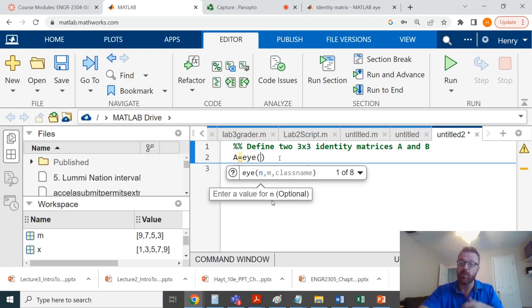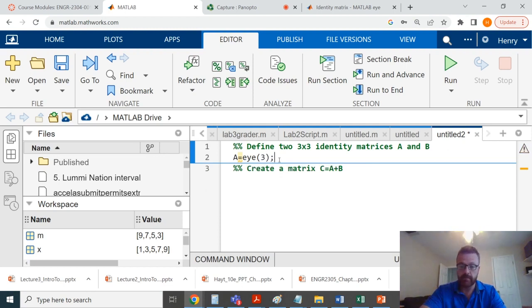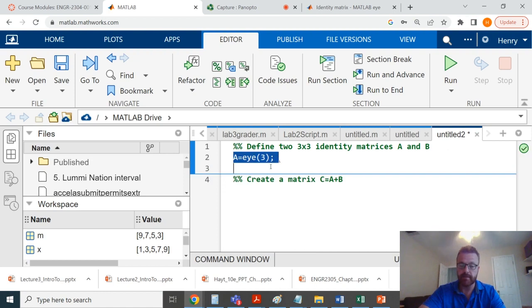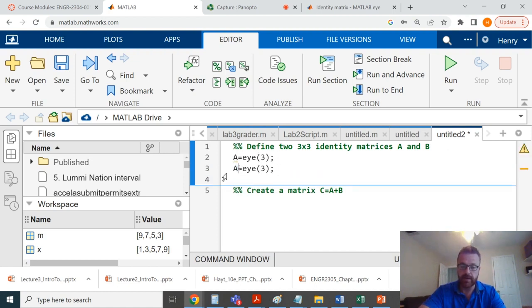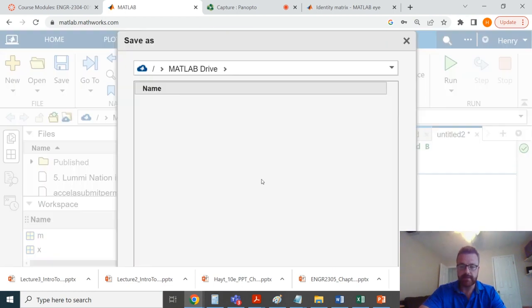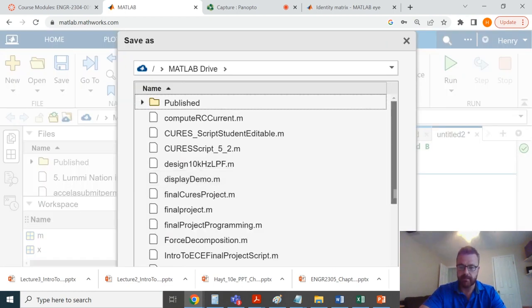If I don't, though, I'm just going to get the number 1. We know from reading the help documentation that I want to pass in 3 here because I want a 3 by 3 matrix. So I'm just going to reuse that code and change the identifier to B, and I've defined A and B. Now I'm going to actually just save this, and I'm going to actually name it, and I will say,